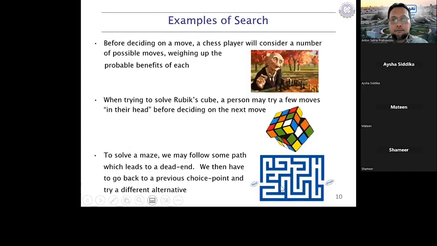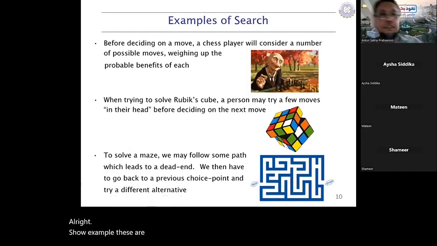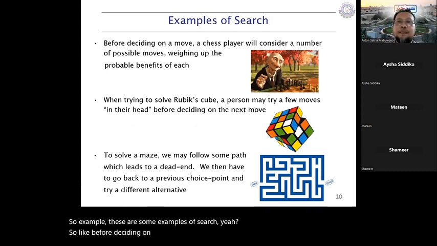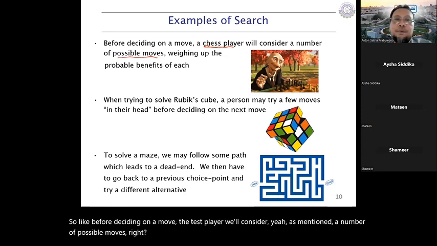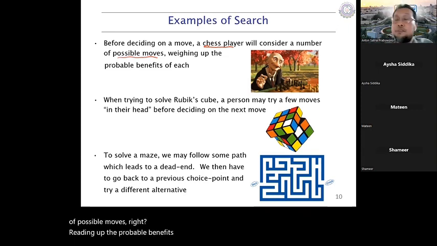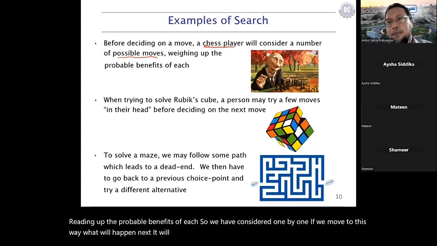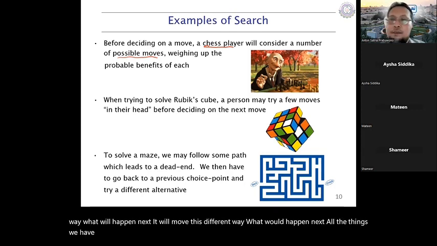Right. So these are some examples of search. Before deciding on a move, the chess player will consider, as mentioned, a number of possible moves, weighing up the probable benefits of each. So we consider them one by one. If we move this way, what will happen next? If we move a different way, what will happen next? All the things we have to consider,